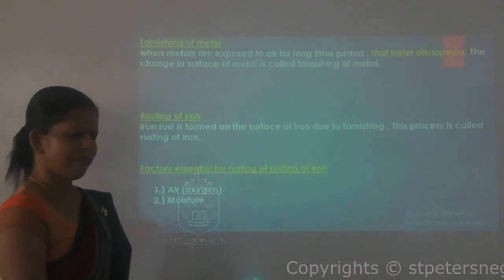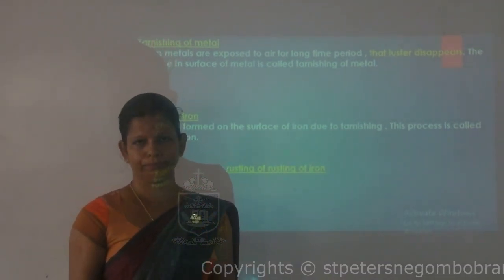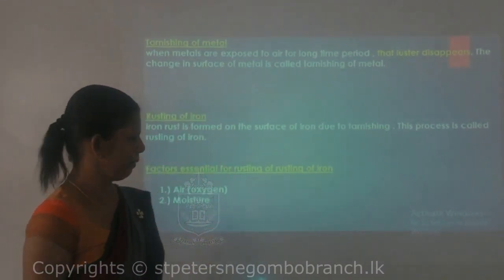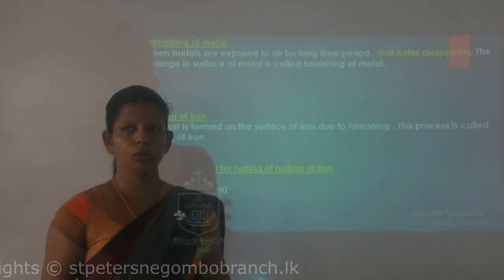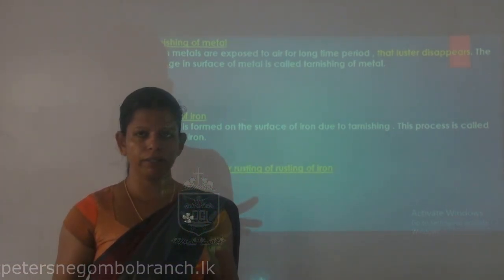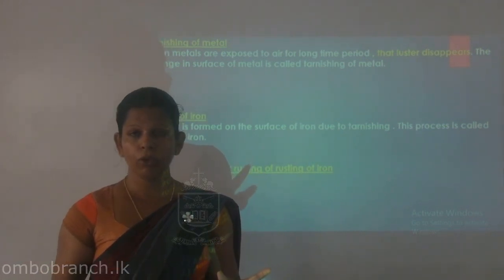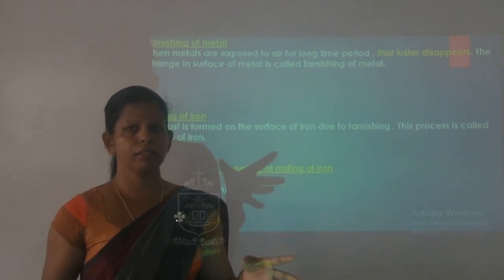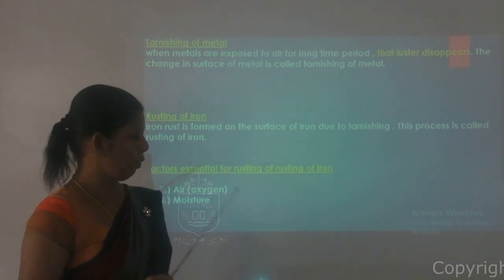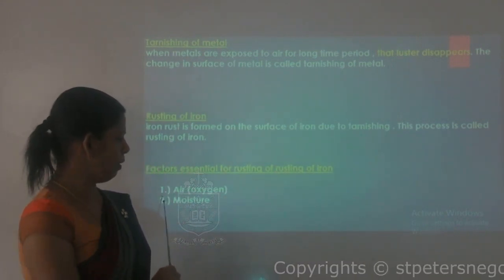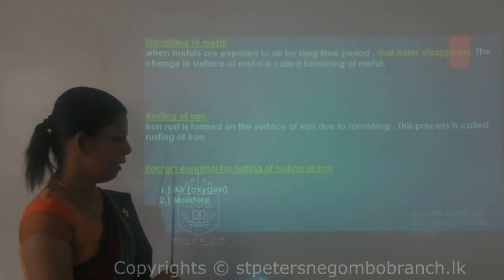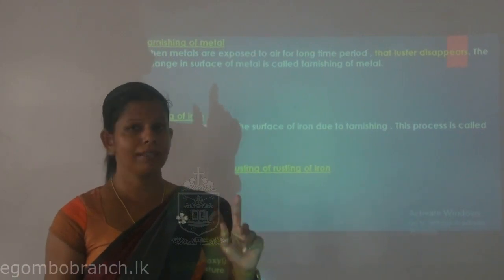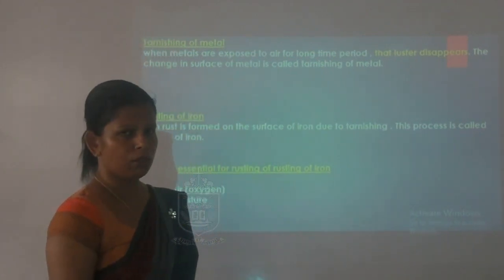So, what are the factors essential for rusting of iron? There are two factors needed for rusting of iron. One is air, the composition of air. If you are talking about the composition of air, we know that hydrogen, carbon dioxide, nitrogen, and oxygen gases are contained. For the rusting of iron, we need only the oxygen gas, and the other one is moisture. Now we are going to talk about